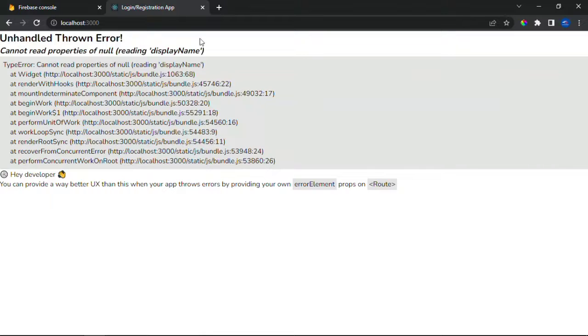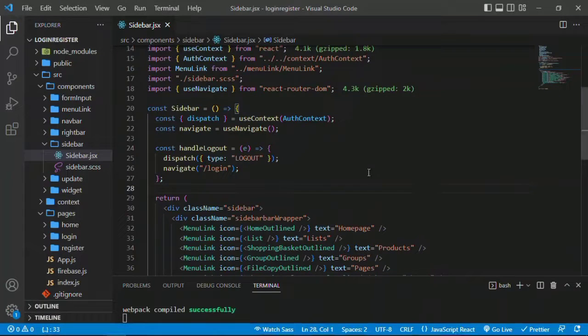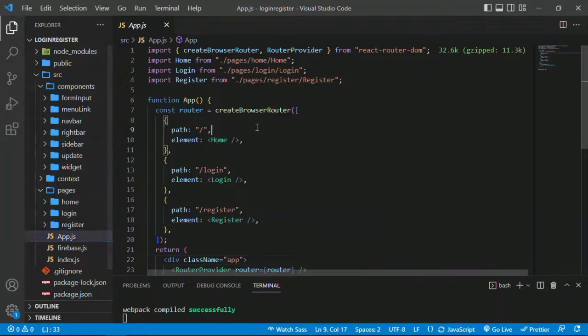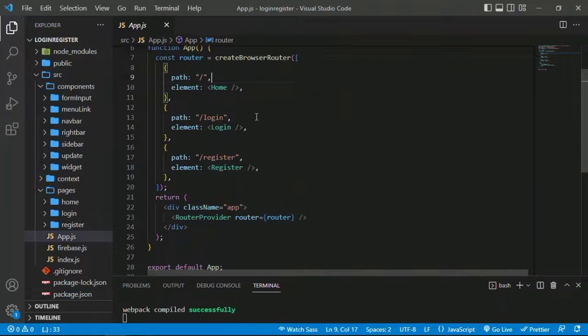So let's protect our root. That's because it's not able to read user objects, so because there's no user. So we're going to come in here,